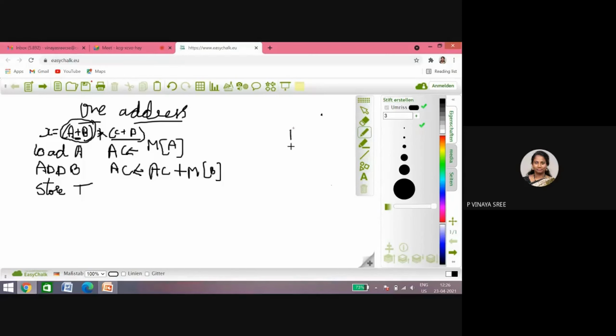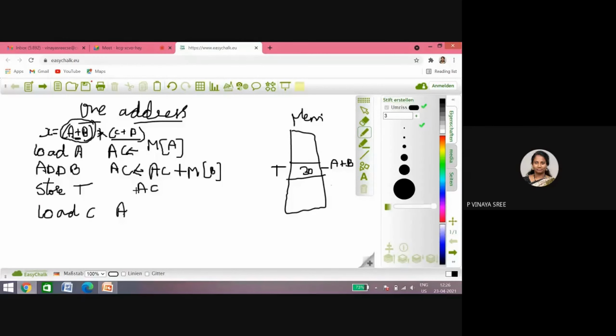So this is your memory, and this is the t location, and in this we have the a plus b result, which is 30. Now I have saved safely whatever the a plus b is. Now I can load c. If I load c, what happens, ma'am? Whatever value we had in the accumulator, 30, we stored in